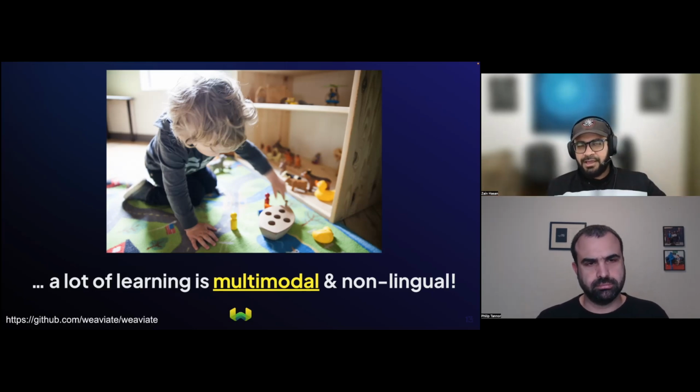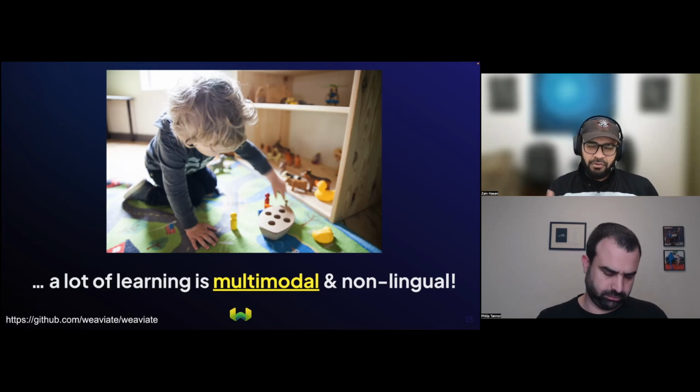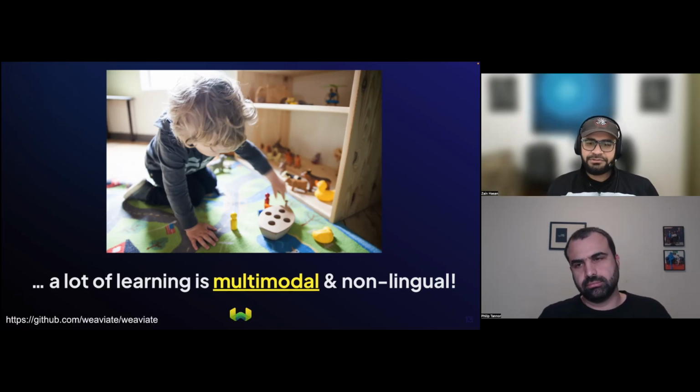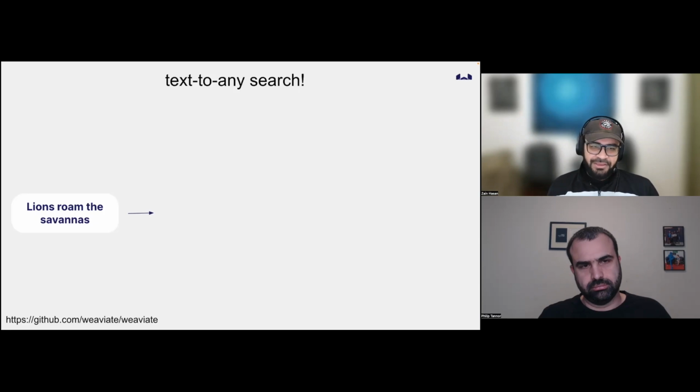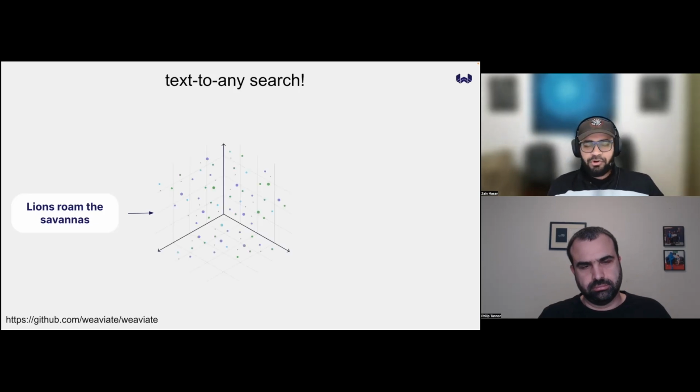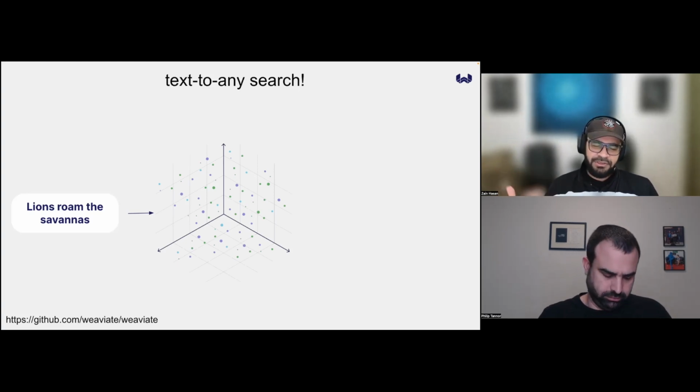Text is a discrete modality. We want them to be able to look at images, video, and audio files as well, and learn from that as well, right? In the demo that I showed in the beginning, you can do this cross-modal search where you pass in text, but you get anything back that is related to it, not necessarily just text, right? The promise of multimodal models really is this idea that you can pass in your question or a concept that you're interested in to this vector space, and whatever is closest in similarity in concept to this will come out, right?